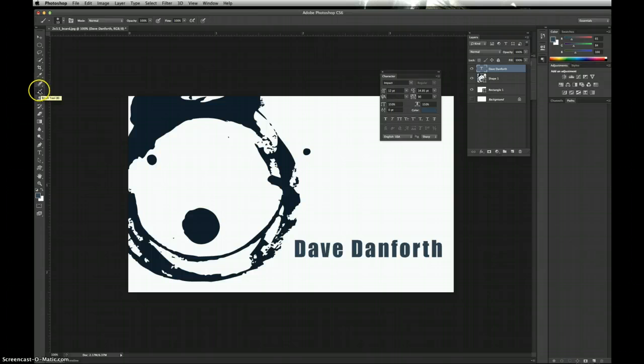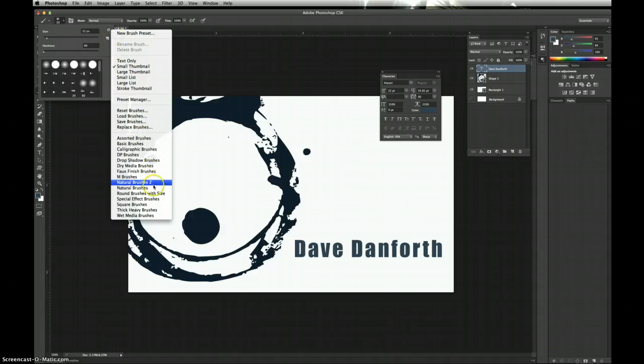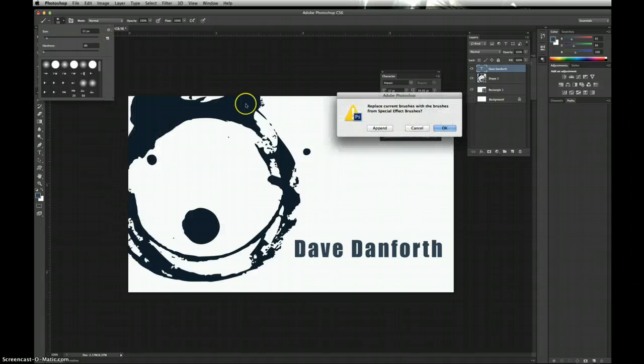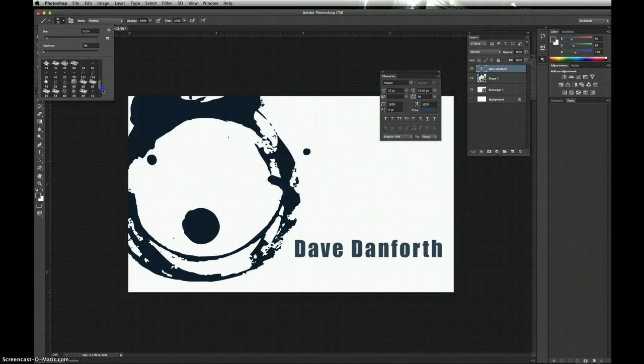The brush palette, once you click on that, you can come over and up here in your options, you'll see some different brushes you might be able to use. Everyone's going to either do leaves or grass, but there's lots of different ones that you can do. And it's the same thing if you have your brushes open here, you can come down and say, okay, I want some special effects. If you hit OK, it's going to replace them, but you can hit append and it'll just add them to it. Okay, so there's some ducks, some also kind of weird stuff, flowers. And you'll have some fun with it. See what happens if you go and